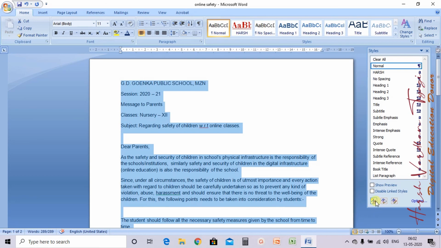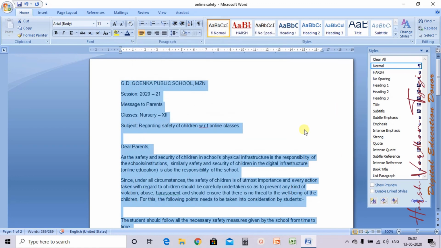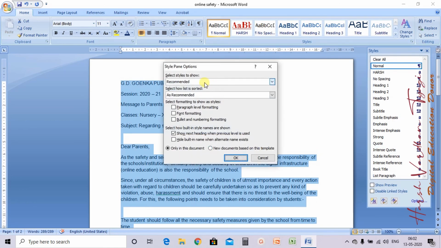Okay, click on this new style button, give it a style name, then where you want to apply, and then new document based on this template, and then click on OK. So whenever you do this, the style option will get updated or loaded into the templates. These are the templates already. Now see what is there in option, style recommend.